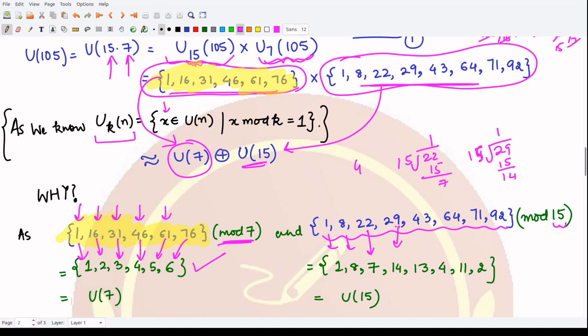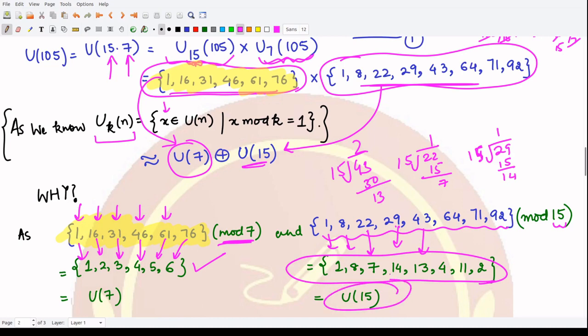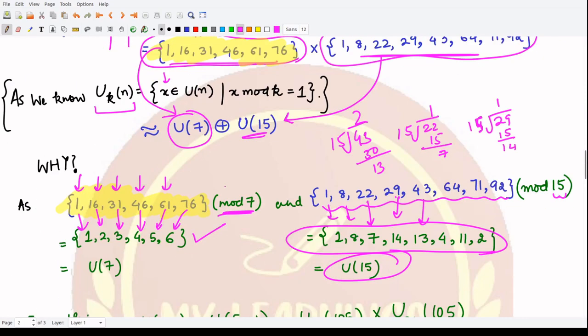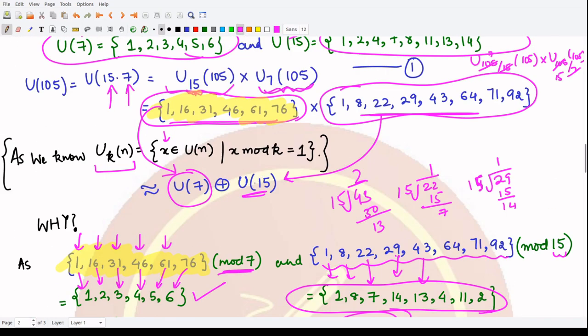When you calculate 43 mod 15, it would go on 2, you are left with 13, and so on. So you see, this set is basically U15 from here, right? So therefore, in this case, you are able to write it like this. Now, for the purpose